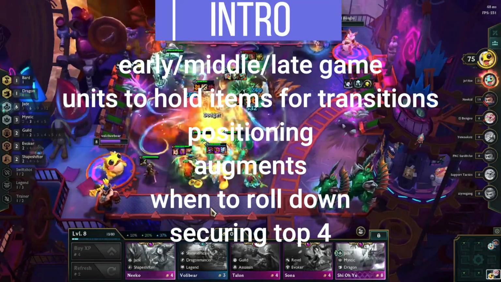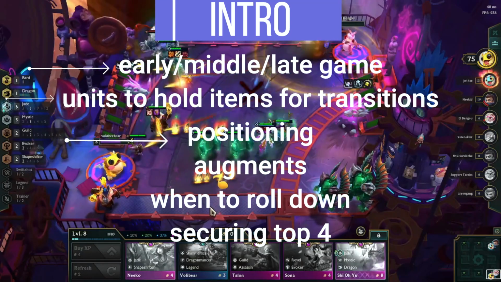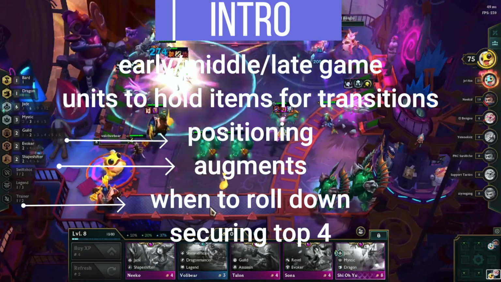With the recent buffs to Lee Sin in 12.15, he's become a staple in the meta again. Let's break down how you want to play this comp. Today we're going over what to do in the early, middle, and late game, what units to hold items for, transitions, how to position well, what augments to look for, when to roll down, and how to secure top 4